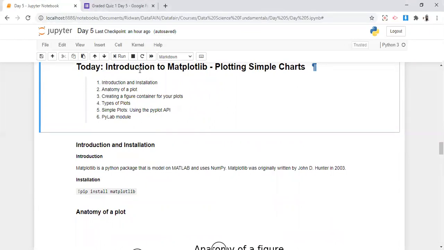All right, so today we're discussing Introduction to Matplotlib, plotting simple charts. Matplotlib is very powerful. What we'll be discussing: introduction and installation, anatomy of a plot, creating a figure container for your plots, then types of plots, then simple plots, how to make simple plots using the Pyplot API, then the PyLab module. So let's discuss the introduction to